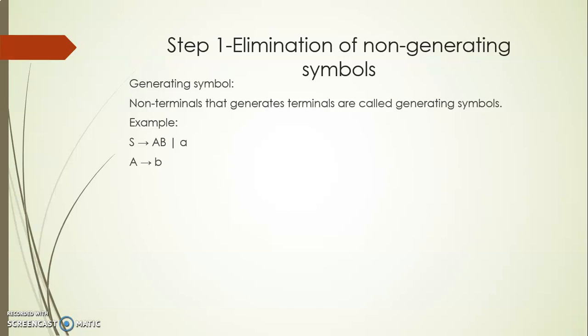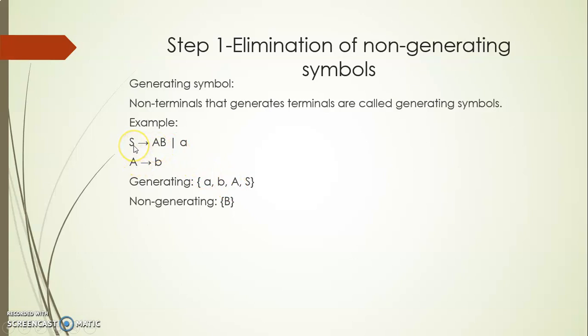So there is a procedure for identifying the generating symbols. First of all, we have to include all the terminal symbols present in the grammar as generating, as shown here. In the given grammar we have two terminal symbols a and b. So those two symbols are included as generating symbols. Next we have to include the non-terminal symbols that directly derive these terminal symbols. For example, in A the only option is b, that is, it consists of a terminal as one of its options. So I am including A.